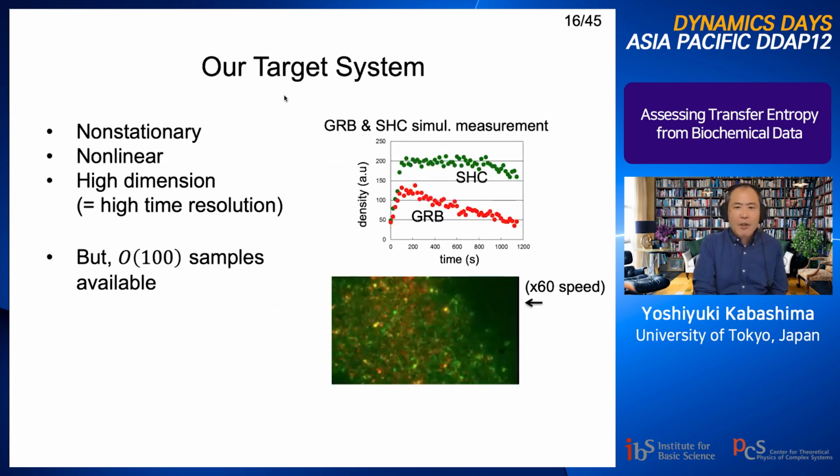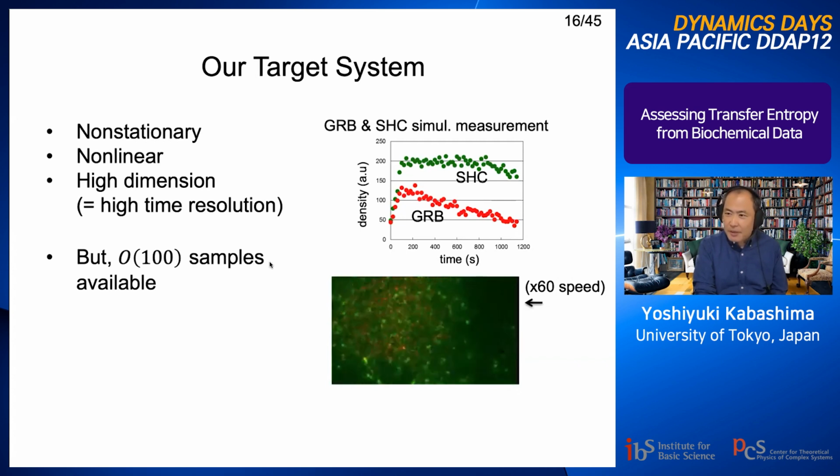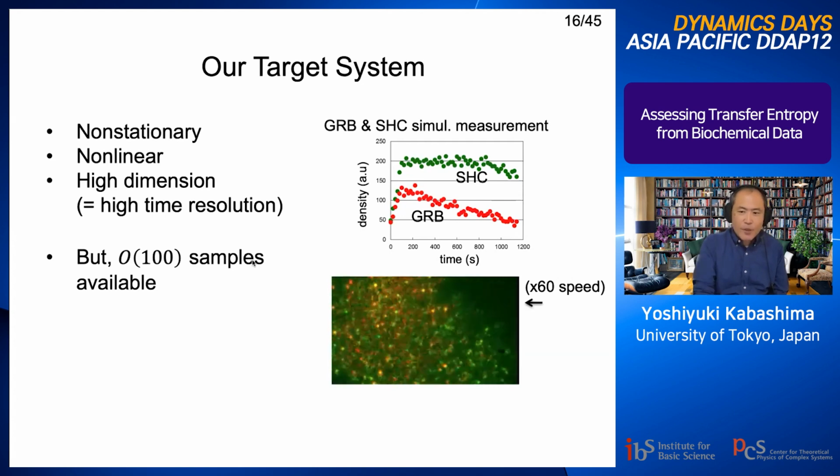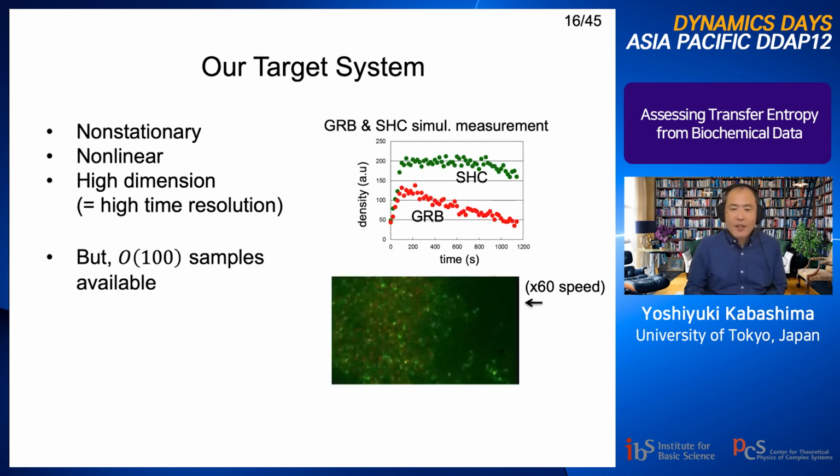Our target is non-stationary, non-linear, and high dimensional. On the other hand, we can get only order 100 samples for this system. So we tried various methods to evaluate transfer entropy for this type of data, and finally